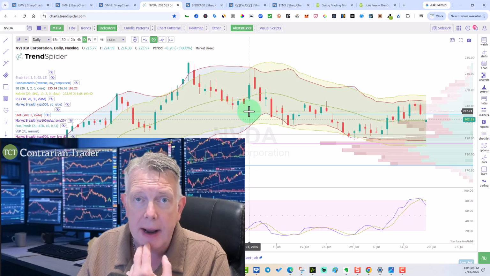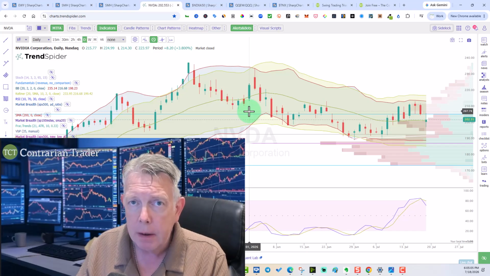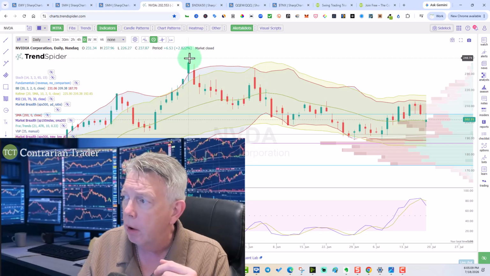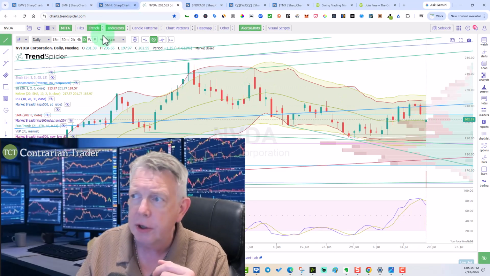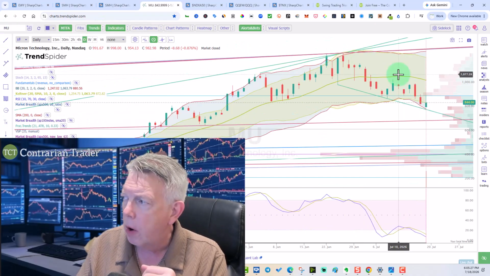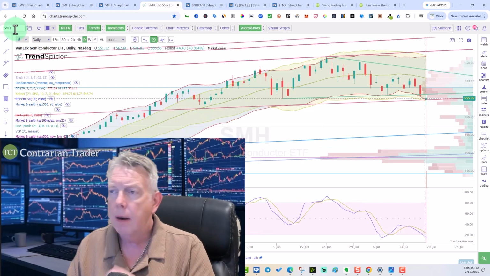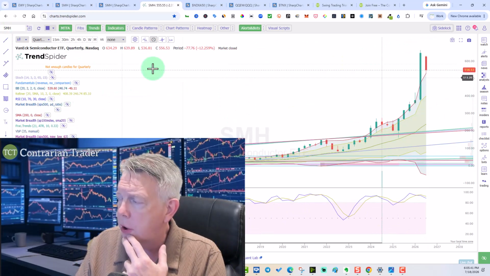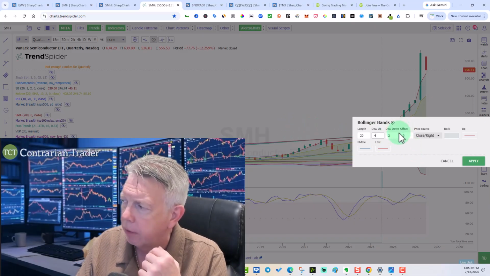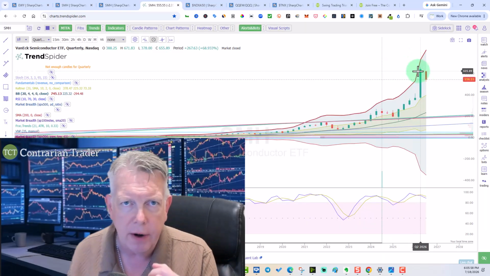NVIDIA was out of the game well before the memory stocks topped out. So now you're looking at NVIDIA, which has been weak, breaking support levels. These are the automated trend lines on TrendSpider. Micron, well off of all-time highs now, which brings us to the SMH. Now, the SMH, here's the quarterly chart. I'm going to bring back the 4 standard deviation Bollinger Bands for a moment for illustrative purposes. We didn't tap it, but we came close enough for government work.